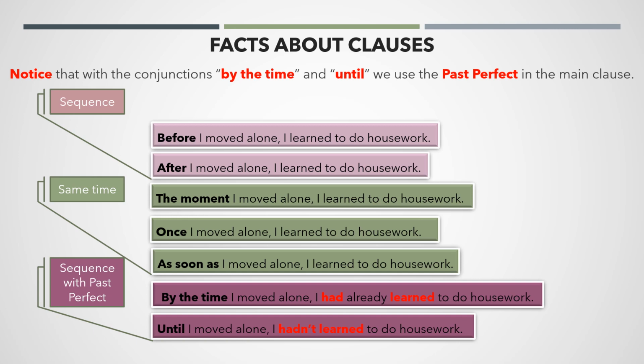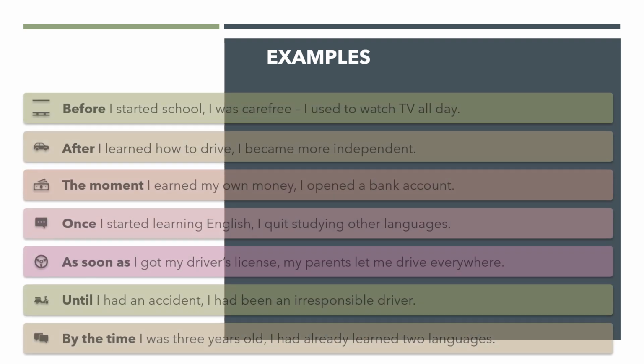This is another fact that is common in clauses with the conjunction until: we usually use a negative in the main clause, like you see in the example. Now let's see more examples. Here we have: